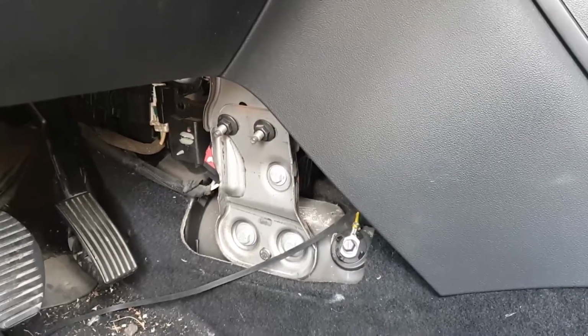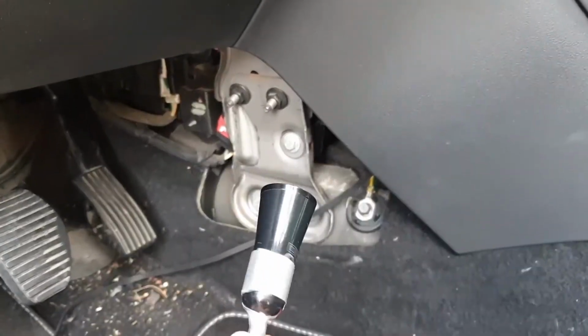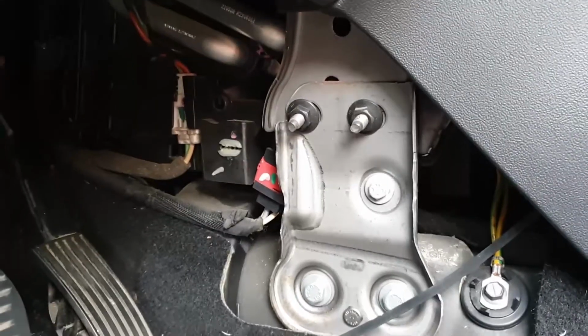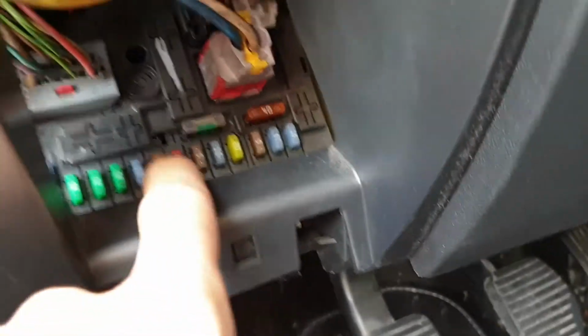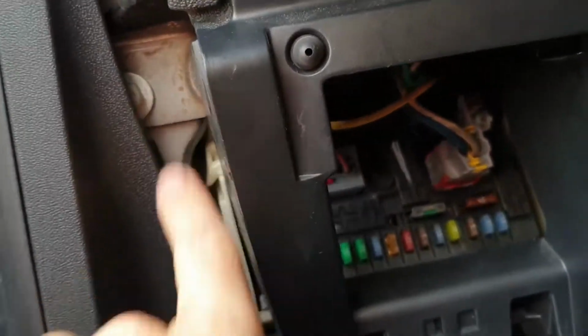My first order of business will be to attach the transforming thing, the USB socket. I'm going to cable tie it into place just over there. I will make sure that I'm not going to make access to the cabin filter difficult, because that's over there. I'm going to connect this to that 10 amp fuse there and to this screw here, and I have to